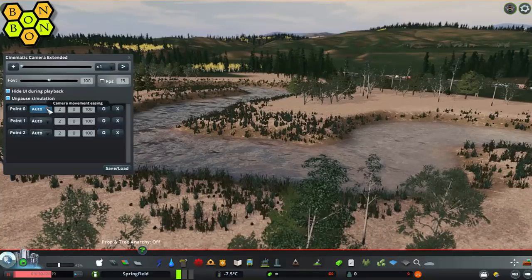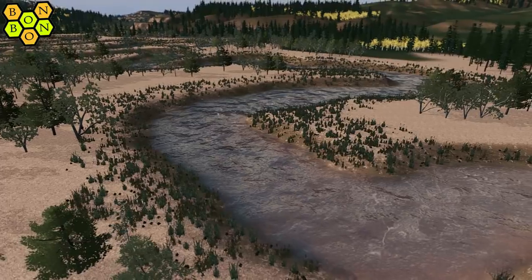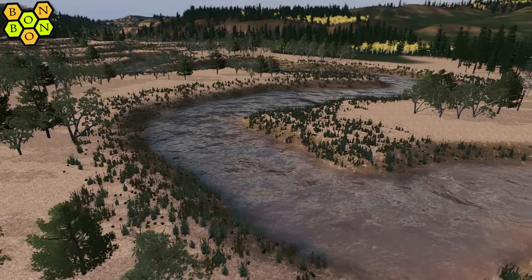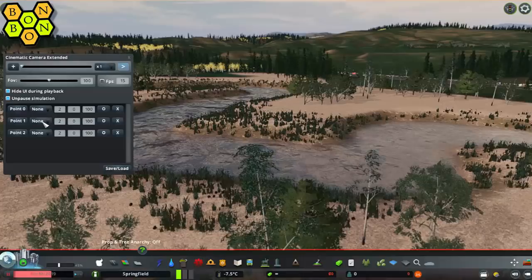Auto. I'm telling you now, 90% of the time you'll want it set to auto. This is the camera easing. Does the camera speed up into the scene? Does it slow down out of the scene? And yes, if I set these to none, you'll soon see that play just goes straight in. You go bam, straight into the action. Whereas if we go into auto,